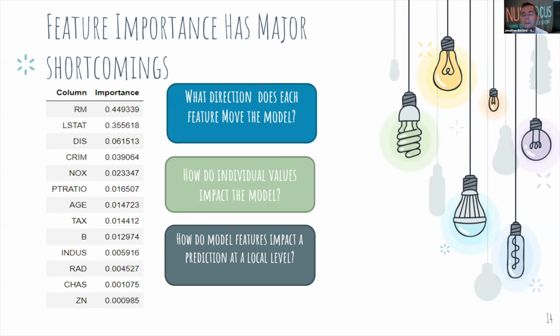Now, of course, there's been a lot of improvement on this in the last couple of years. SHAP is one of the big steps forward with that, but there are some other libraries as well. So it's becoming less and less true that feature importance is all that you have at your disposal. But again, it's the standard ground zero step you might take for model interpretation. It's kind of weak sauce. There are a lot of things it's not going to be able to do. Overcoming these shortcomings is what things like SHAP, and other advancements in interpretable ML, have gained so much traction recently for. So with that said,